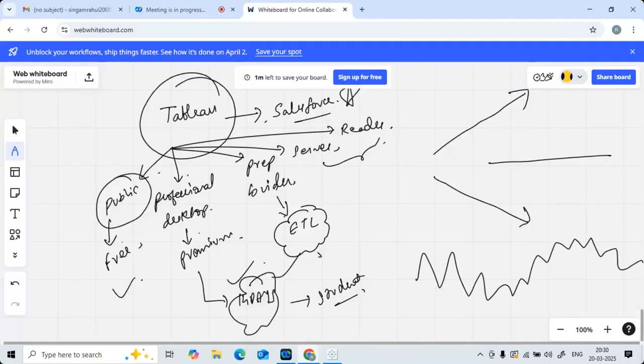What exactly is the sales value? What is the trend? How is the business moving? To understand these kinds of patterns and trends in your data, it's always better practice to go with visualizations like line charts and area charts.